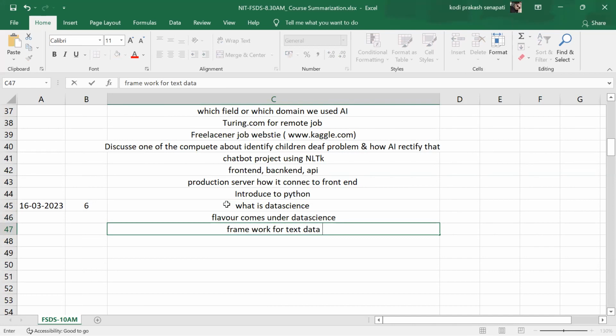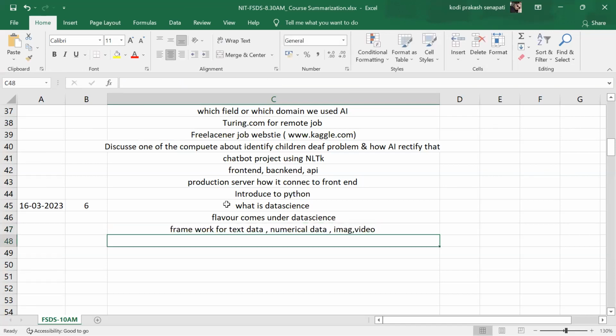NLTK and spaCy. Numerical data, what is the framework? sklearn. For image, video, and all those things, deep learning. So we discussed sklearn, NLTK, spaCy, and TensorFlow, Keras, OpenCV, PyTorch, and many more, but these are very important frameworks.